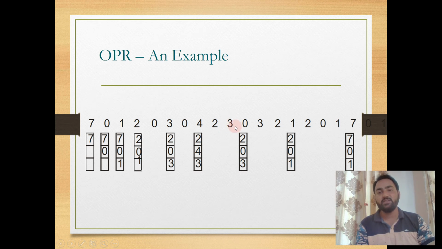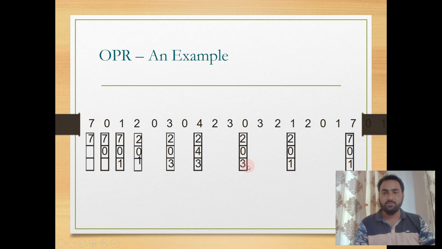Then comes page 3, which is already available, no page fault. Then comes page 0, not available, so we'll check the future string for page 2, 4 and 3. Then 3 is being instantly used, 2 is being used, so 4 is the page that will not be used for longest. So we will replace page number 4 with page 0, and the frame set now has page 2,